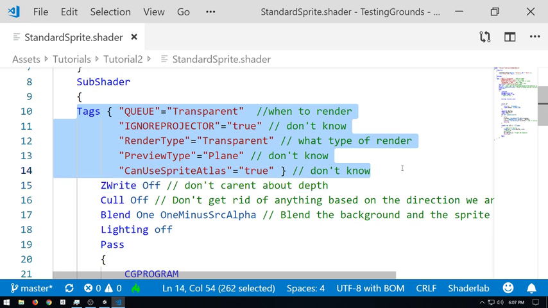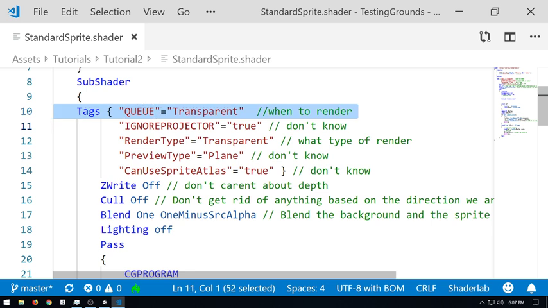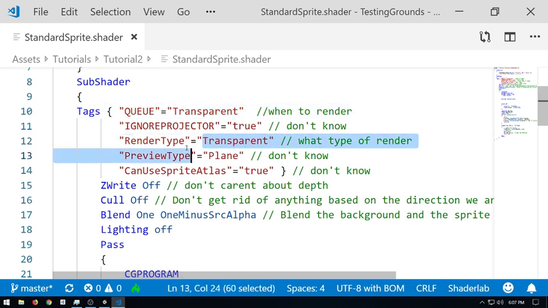Cool. So let's just take a look at some of these weirdos, like these and the tags. So Unity has a tag system for its rendering, essentially telling the renderer how it should treat this object when it's going through the rendering process. The ones I know explicitly are Queue equal Transparent and RenderType equal Transparent. IgnoreProjector, PreviewType, and CanUseSpriteAtlas are actually things that are a little bit beyond me in terms of knowledge.